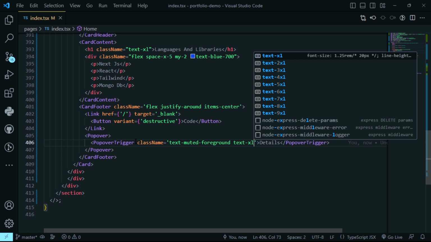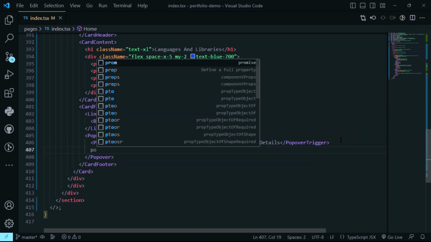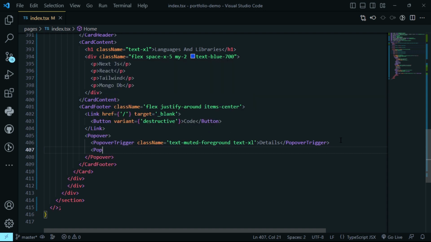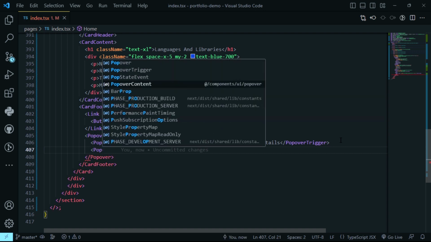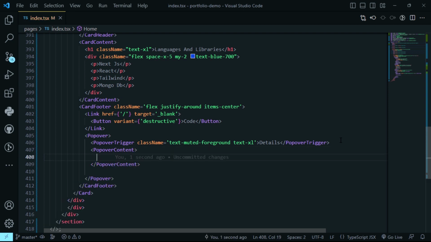And now we have done the trigger. What we are going to add here is the popover content. Popover content, like that. And then here we are just going to do a lorem, but this is going to be